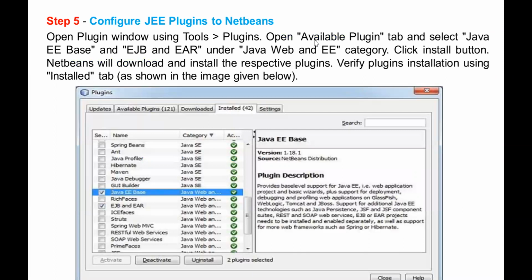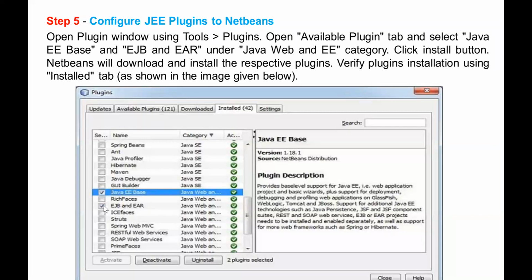And step 5, we configure the J2EE plugins in NetBeans. How do we do that? First, open the plugins window using the Tools menu. Open the Available Plugins tab and select Java EE Base and EJB and EAR.